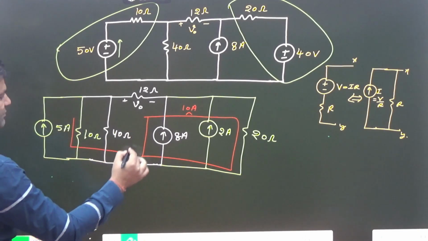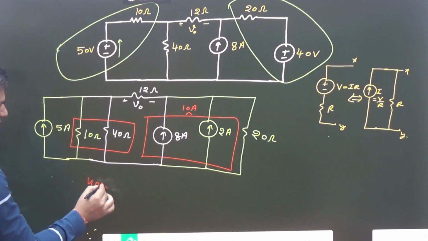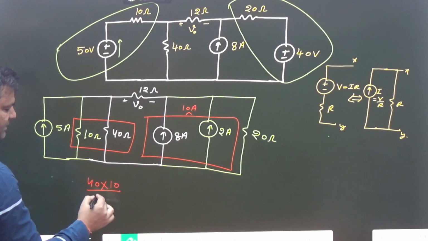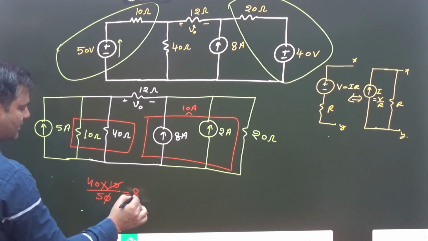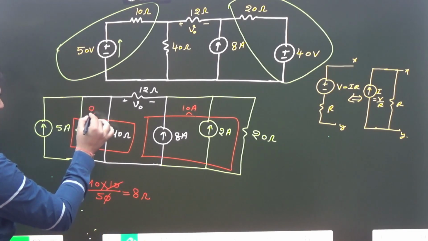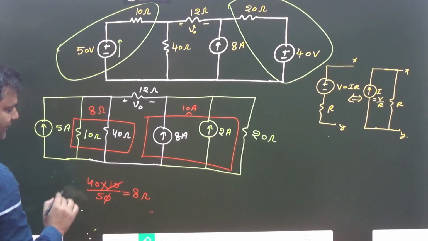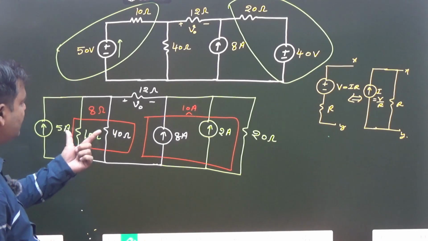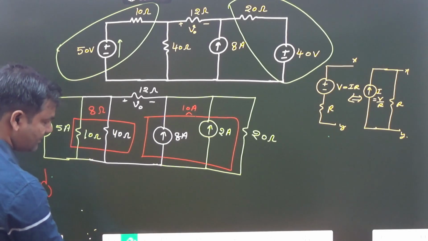Combination of these two is parallel, so if two resistors are parallel, 40 into 10 divided by how much? 50, that is how much? 8 ohm. So this one is written 8 ohm. Okay, after that,